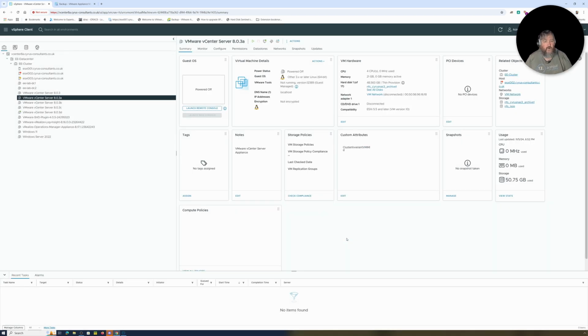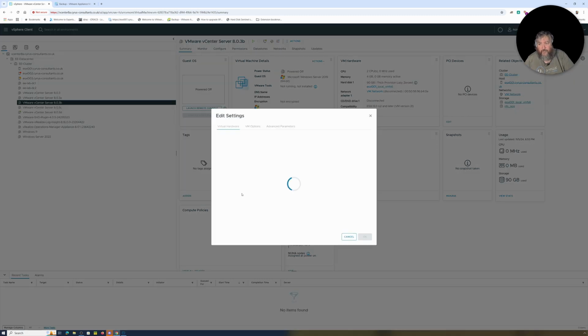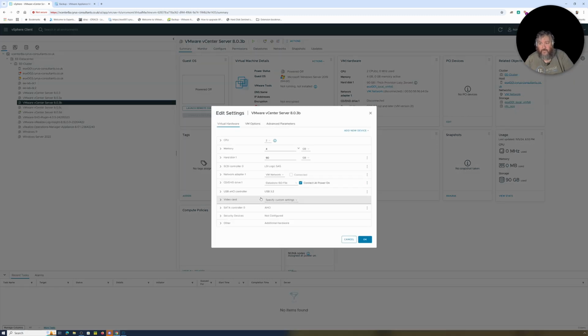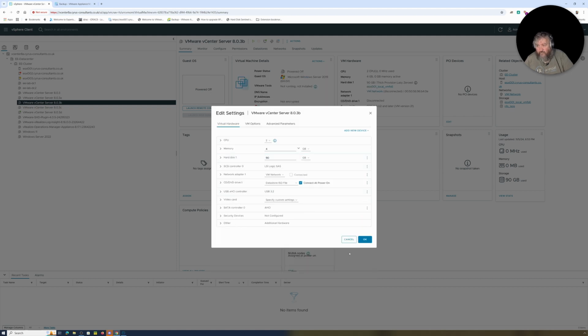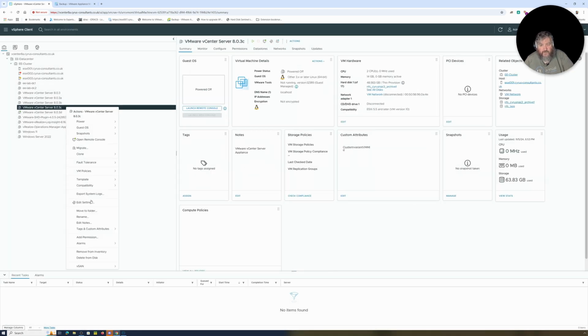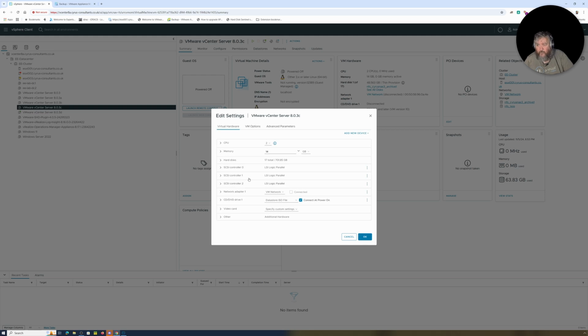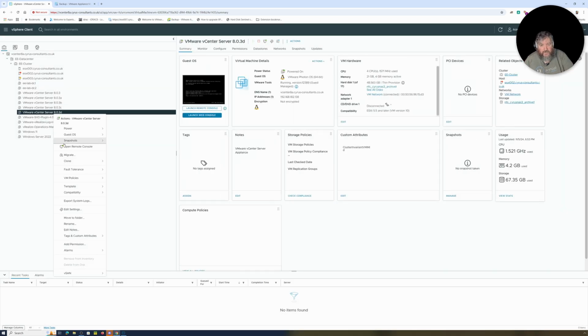Now, our environment's not changed. We've not added any more hosts. We've not created any more virtual machines. So why is the disk size increasing? It does appear to be a function of the upgrade. Again, if we look here at the hard disk size, 400, that's gone down a bit. Let's have a little look at the disk sizes on this one. 700 gig again. And if we have a little look at the latest one,